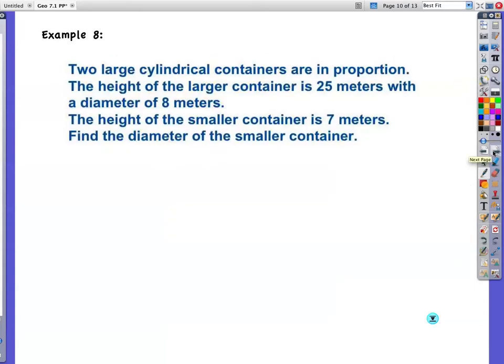Example 8. Two large cylindrical containers are in proportion. What does that mean, a cylindrical container? That's like this. Oatmeal usually comes in a big thing of oatmeal. Cans of soup, okay? The height of the larger container is 25 meters with a diameter of 8. So I'm going to put 25 to 8. What am I comparing? Height